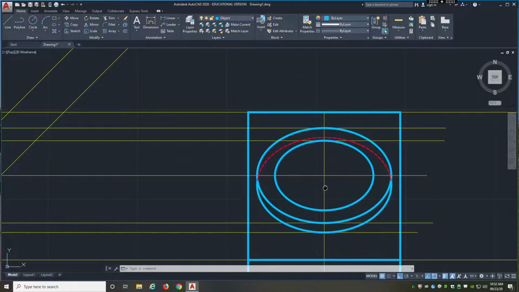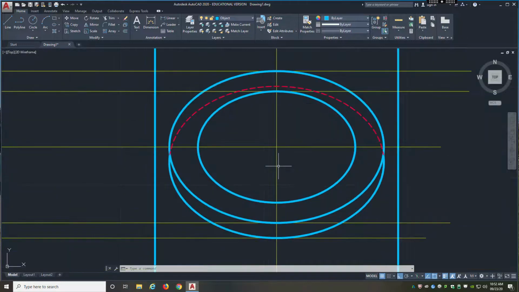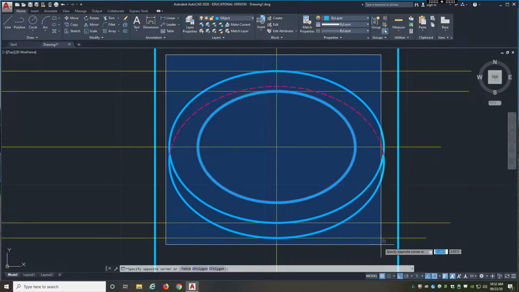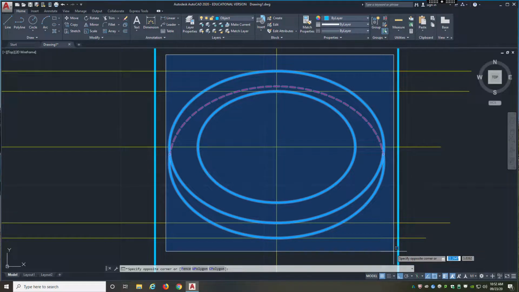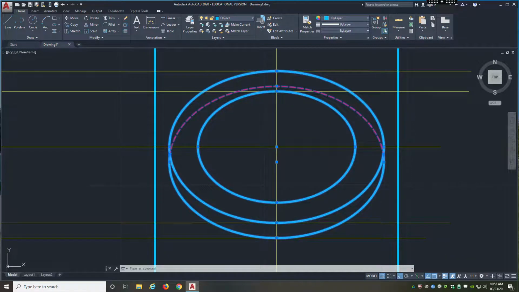So what I'm going to do is zoom into our drawn information here, and I'm going to start in the top left corner on the inside, and I'm going to drag out a box, and that should cover everything. Because I'm doing the window, it's only giving me all the elements that are fully enclosed in this blue box. All those yellow lines are not going to copy over. So I click, all of that is selected,